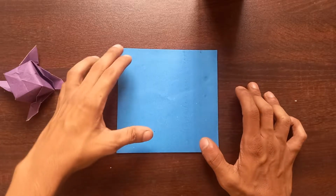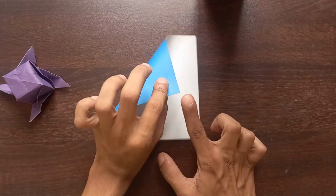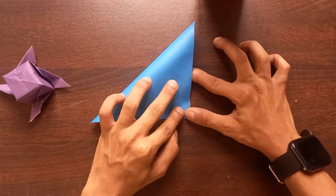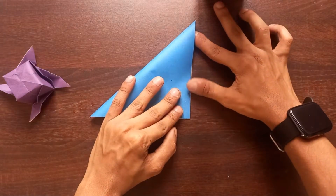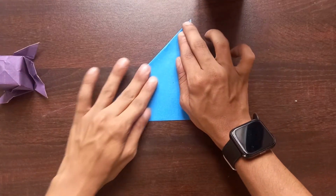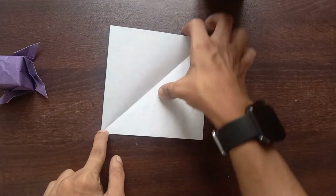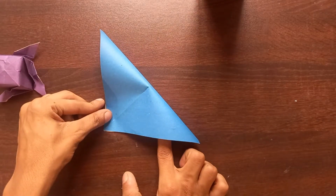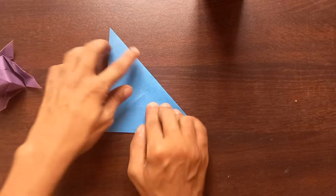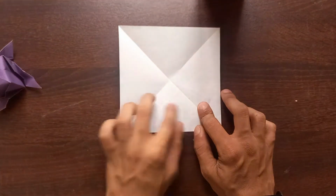The first step we are going to fold is in half diagonally. So take this point, match it with this point over here. Now open this fold, take this point, match it with this point. Just like this. Now open the fold and take the non-colored side on top